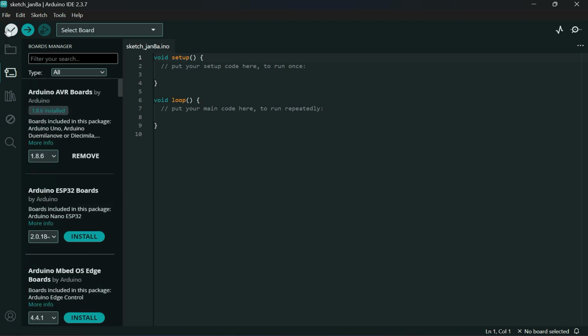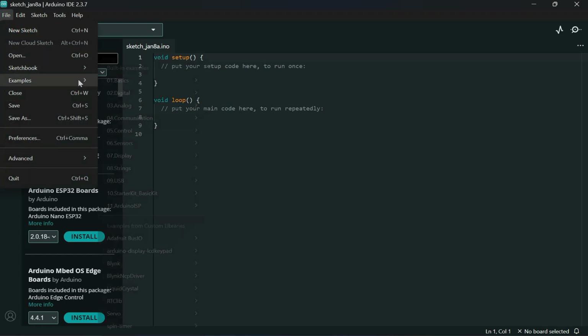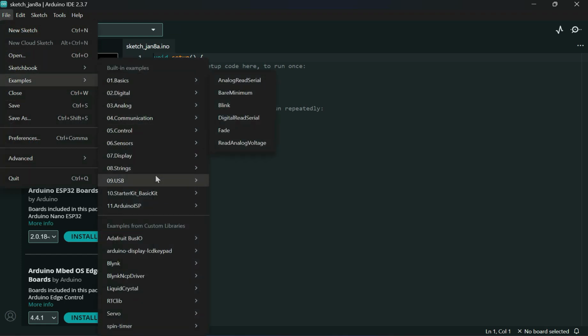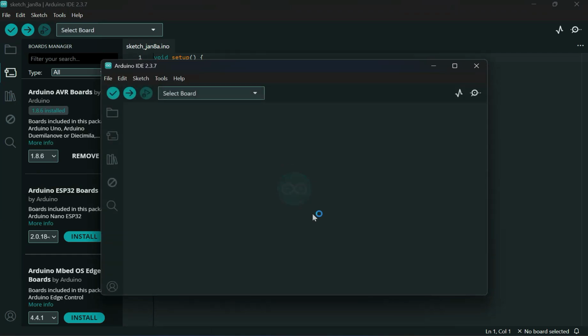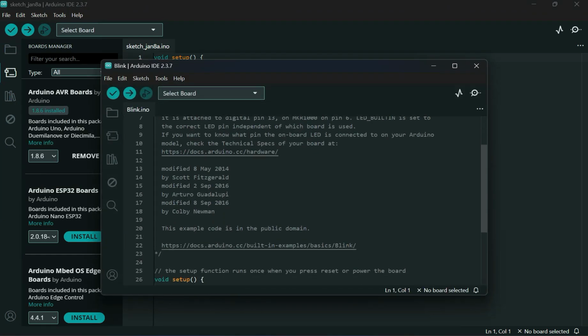For basic use, you can even see the examples. There are various examples in it. I'll open one, like blinking LED. This is the code of a blinking LED